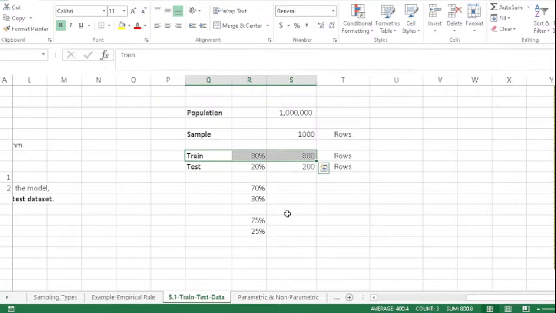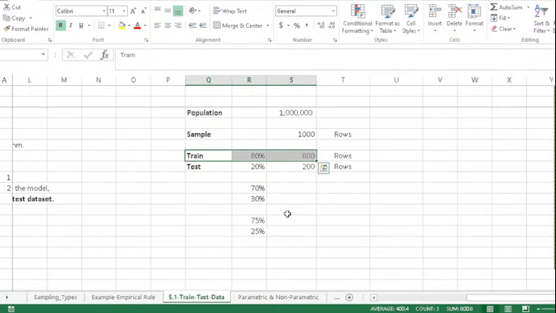Suppose training data misses some critical scenarios, right? And those scenarios come in the test data. So do you think my model is going to predict them correctly? Such scenarios did not exist in the training data, but they came up in the test data. So my model will not correctly predict those scenarios. Okay,